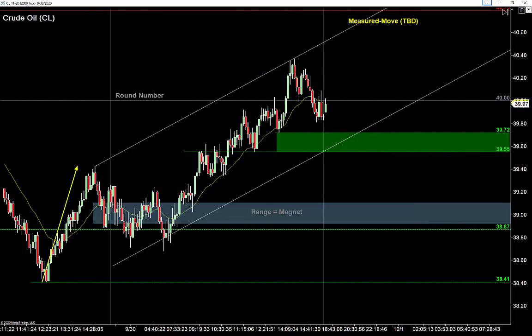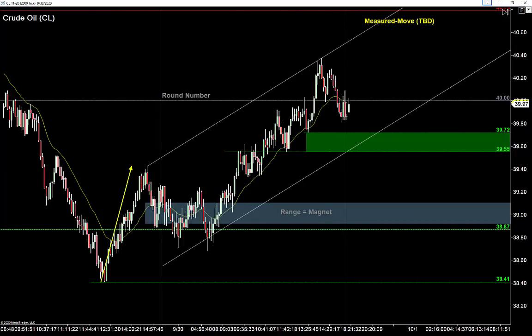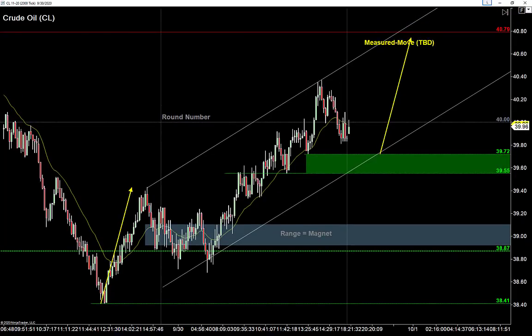Now, what if we keep going higher? What if we keep going higher here? One thing I want to point out to you here is I'm measuring the size of this leg, and that's what gave me this measured move. And even though I'm not trying to buy that pullback right now, I just want you to see how that will work. Because I mentioned this because let's say, for example,